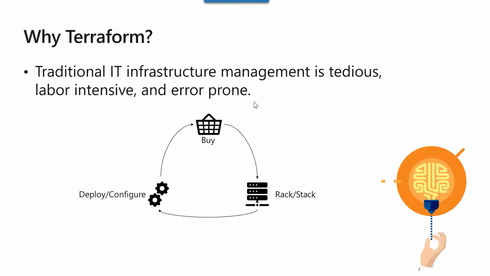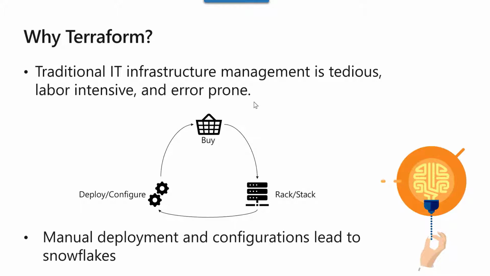Now, over a period of time, the initial deployment could go very well. You install the operating system, you get the application running on top of it. But over a period of time, you tend to tune the OS parameters or the application configuration for reasons like performance optimization, or troubleshooting a specific issue, or making sure you get the functionality that you desired. You kind of work around to make it happen by changing, let's say on Windows, some registry settings, etc. Over a period of time, these manual deployments and configurations lead to snowflakes,